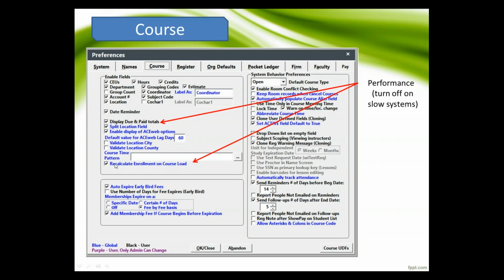You can turn that on if you want. For most of you, I would leave that turned off. You shouldn't need to worry about that. So,